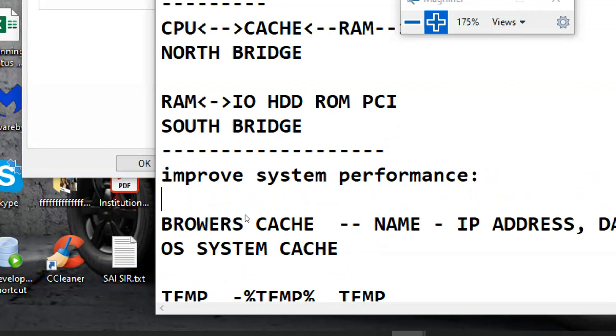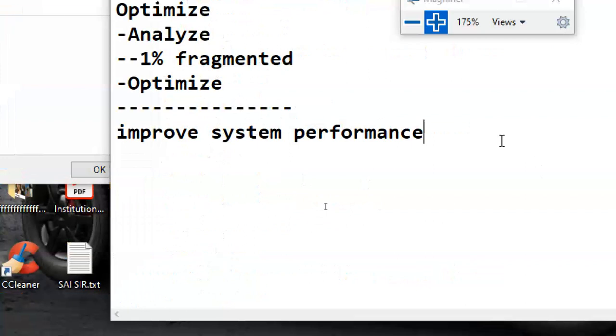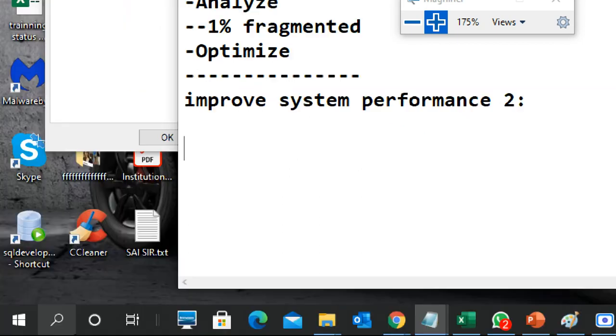How to improve your system performance? By doing like this we can do it. But why I wrote it two times? Because this is part two, and I will explain it in the afternoon. This is very good, and anyway you asked the question and it is very important to know. So how to improve your system performance, part two, one is